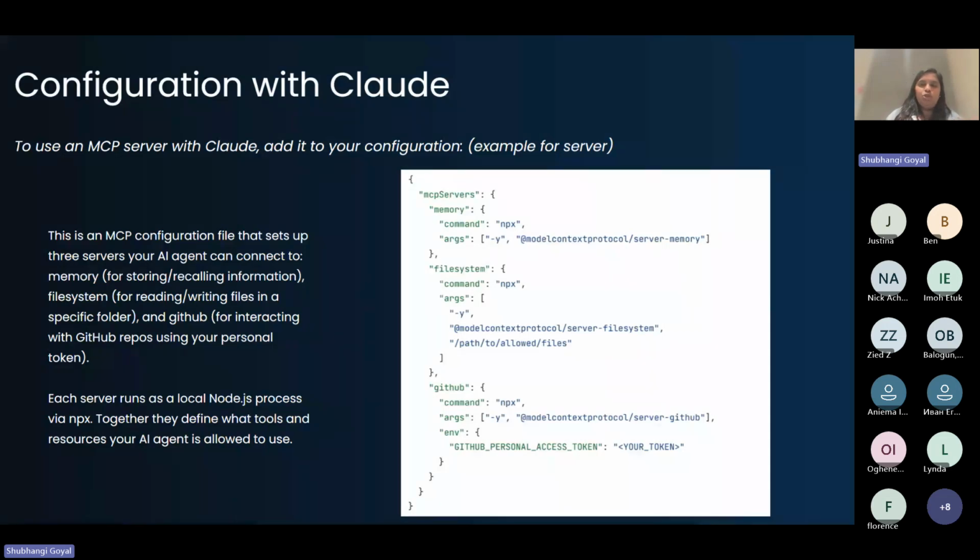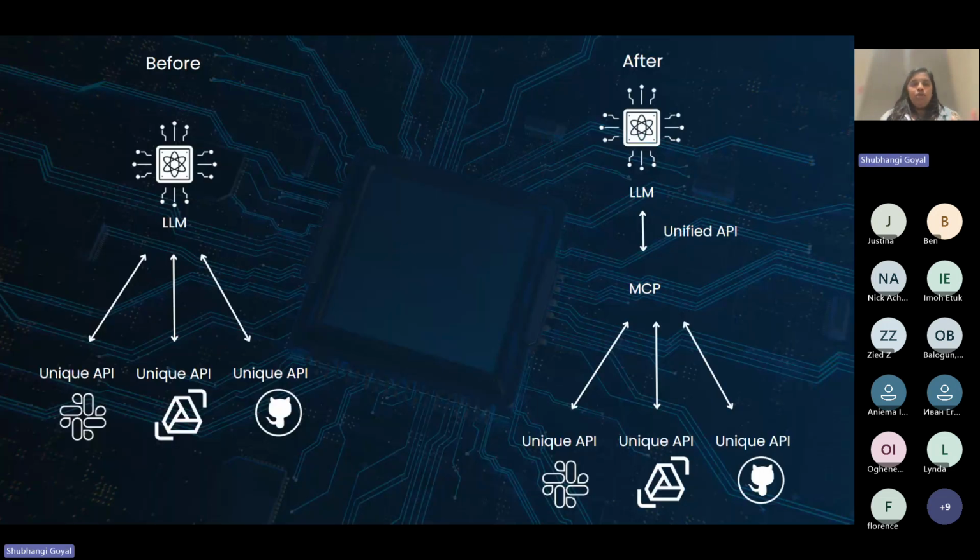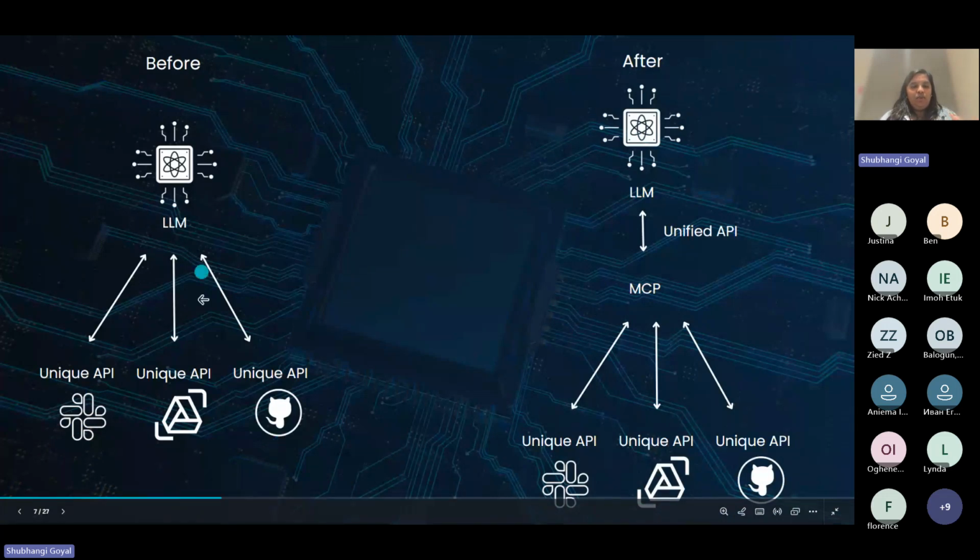But the main goal of the session is to show you using Foundry's MCP server. Now, let's go a bit from one step to another. Normally when developers build applications, we have, for example, unique APIs 1, 2, and 3. So we have 3 different APIs, and we have to create custom integrations for each of them. And then, for example, here we have a large language model. A large language model here could be ChatGPT, Claude, Gemini, or anything else.